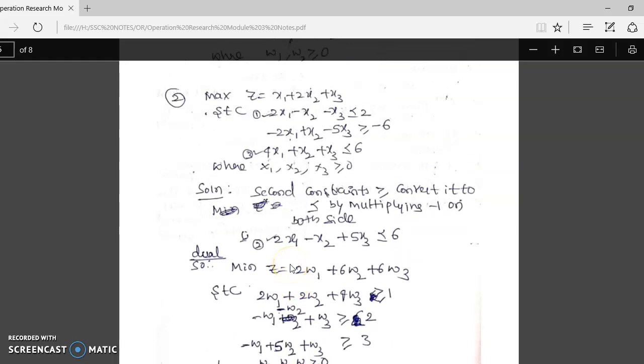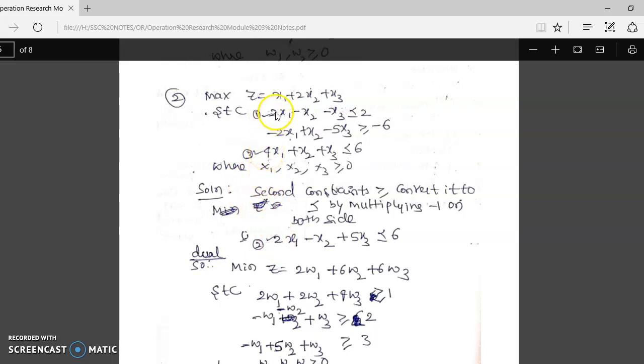dual steps. What are the coefficients of the maximum here? Z has x1 as 1, x2 as 2, x3 as 1. So these 1, 2 and 1 will be written as the right side values of the 3 constraints. Here it is less than for the first, less than for the second, less than for the third equation, so convert them into greater than. By default the value is greater than only. Then 2 for the second equation, 2 for the third equation, 4.